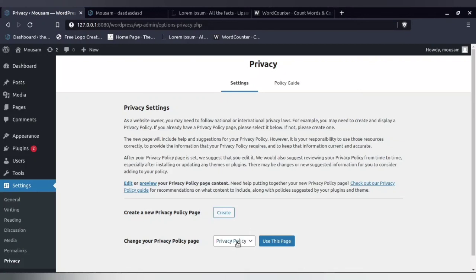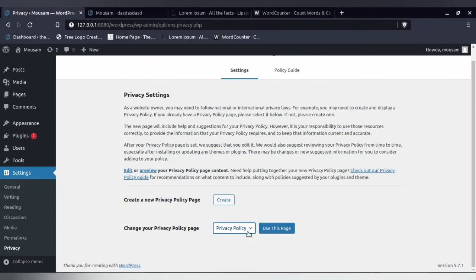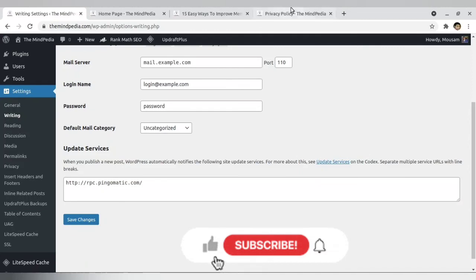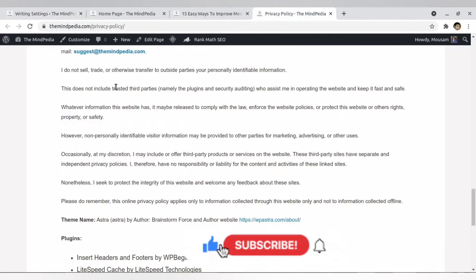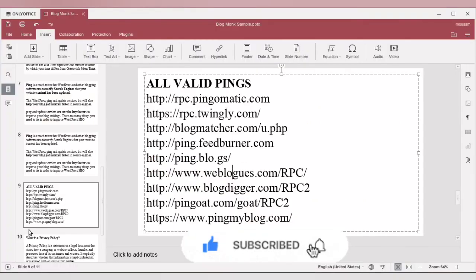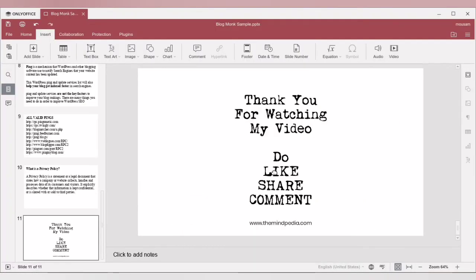Your website should have a privacy policy. By default WordPress gives you a privacy policy. Just add your data and you can use it, or you can generate your own, or you can go to my website and view my privacy policy and get inspired by it or by any other people's. So this is all about the settings which are present in the default WordPress.